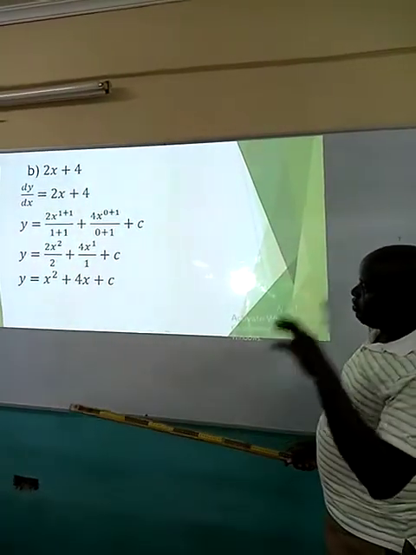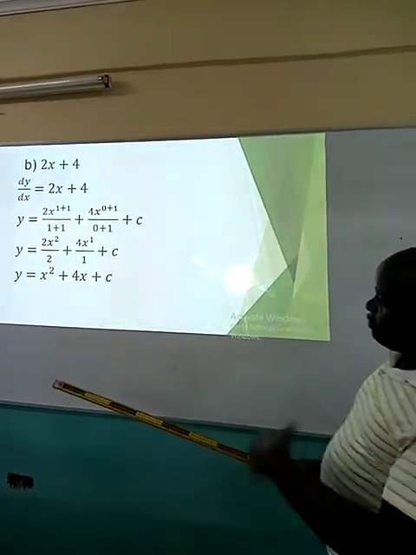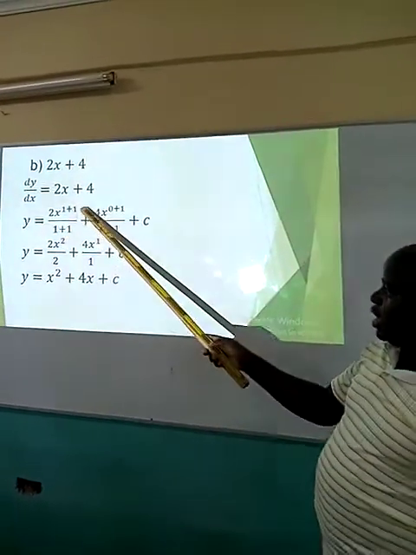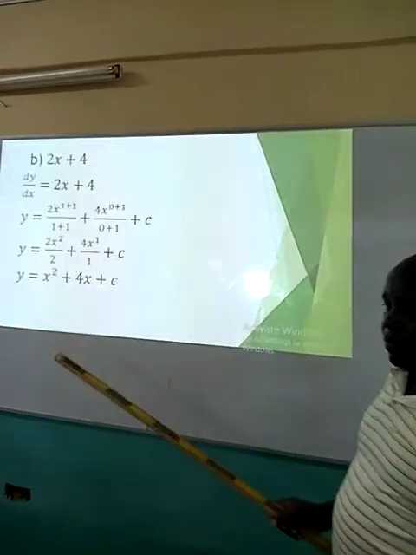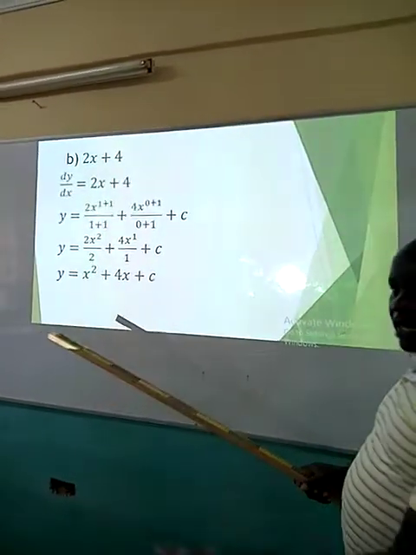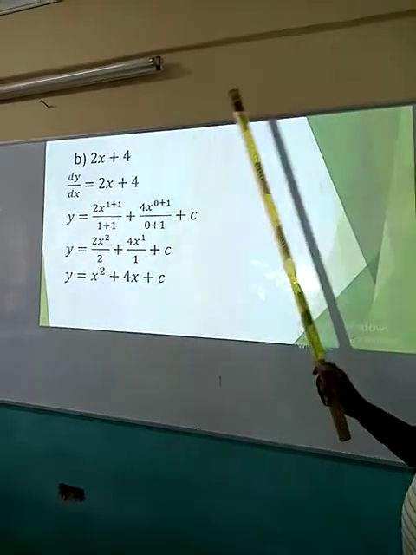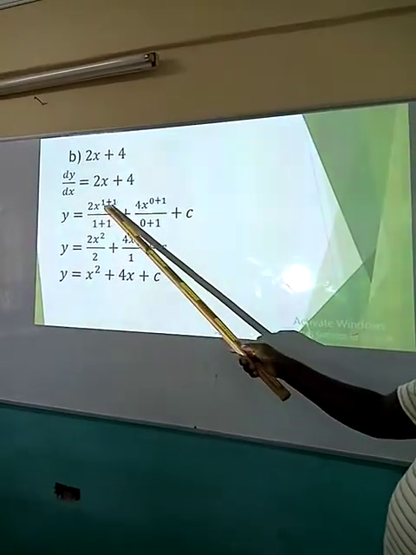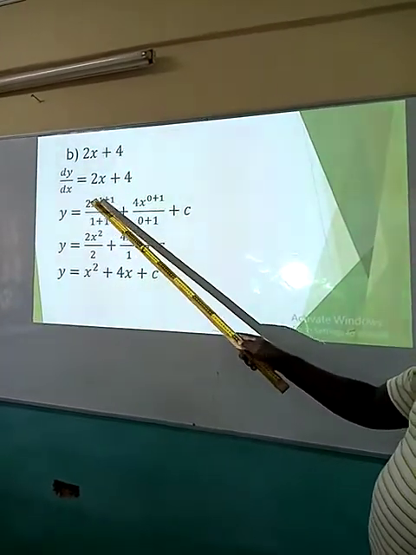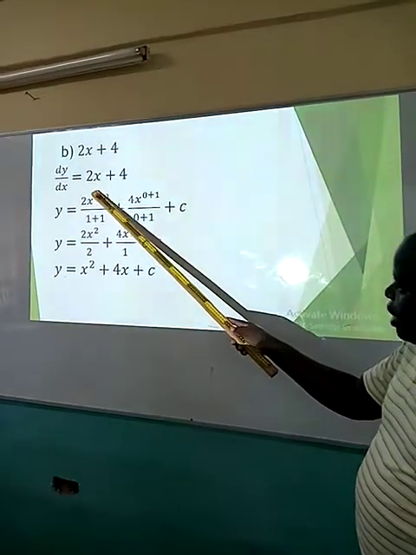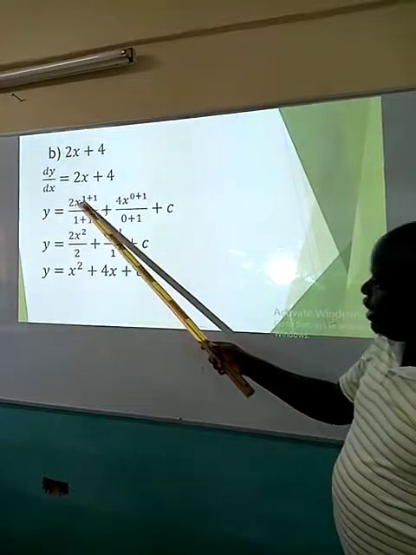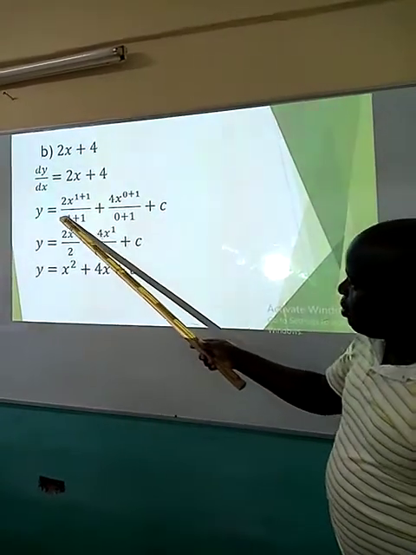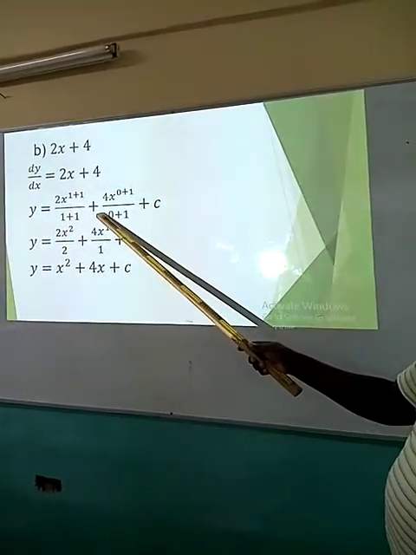So the process of integration is done for every term. Start with the first term. The power of x is 1. Normally when the power is 1, we don't write that 1. But now when we are integrating, because we are supposed to add 1 to that power, we must therefore write the original power, which was 1, plus 1. Then we divide that term by the new power, which is 1 + 1, plus